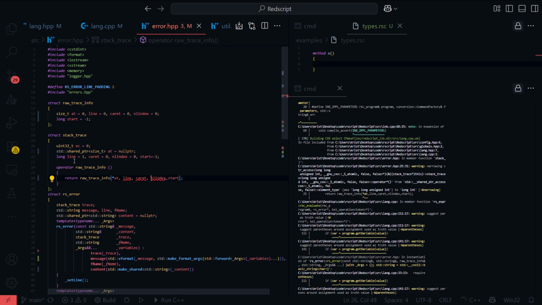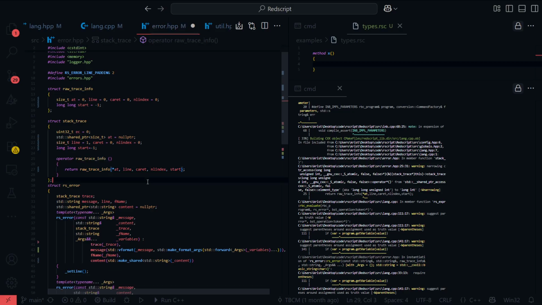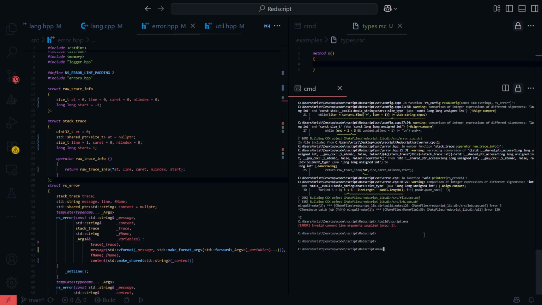And we can make this all size_t's except for start, which is a long. We can make it a long. Why not? A long. Grand. Okay, let's build it.